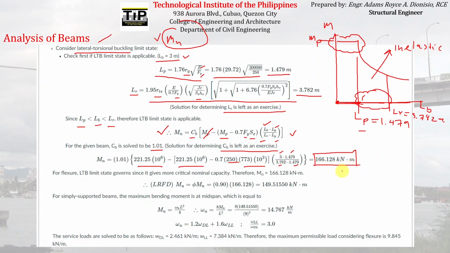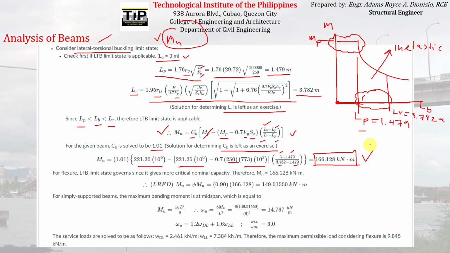Okay, so there will be a lateral torsional buckling that will happen, but it will be beyond the limit state if the moment induced by the loads will be greater than